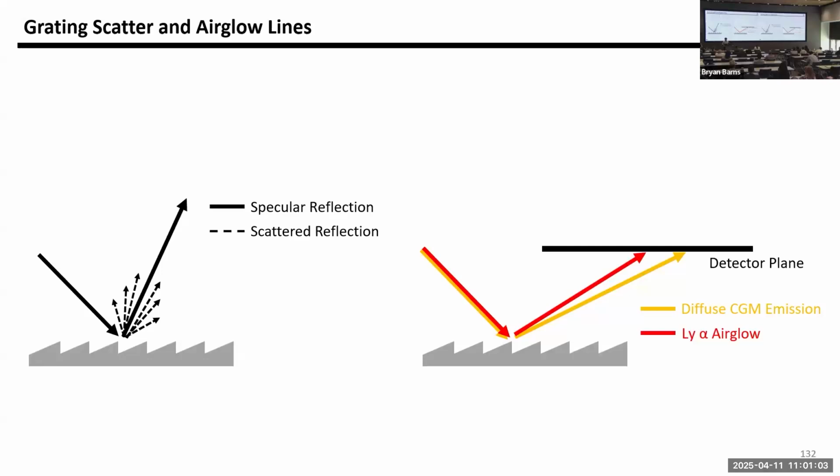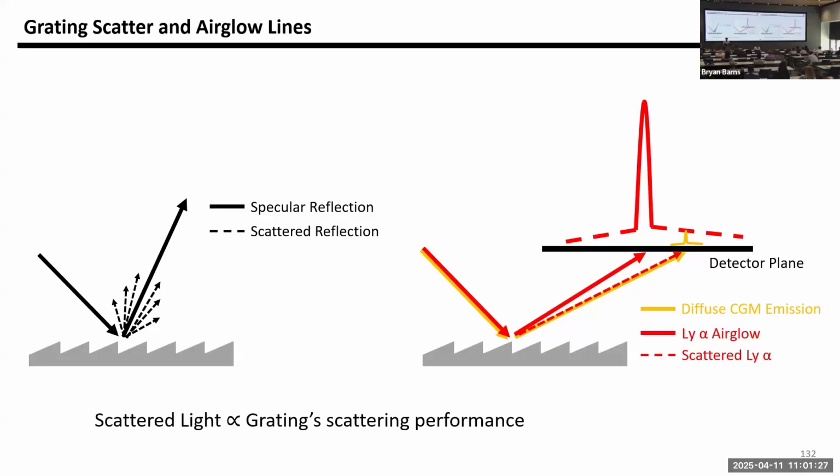Using spectroscopy, you can separate those airglow lines from your science emission, as you can see in this figure on the different part of the detector. However, with the scattered light, they can pretend to be the CGM emission and can overlap and swamp your precious science signal if the scattering amount is quite significant. So of course, there's ongoing effort to make better gratings, which have better scattering performance, so that the wing component could be smaller